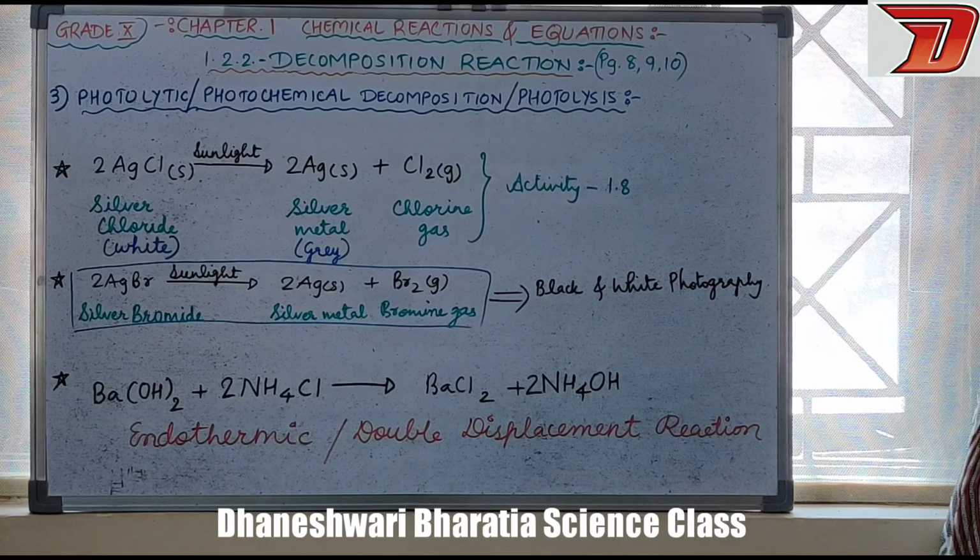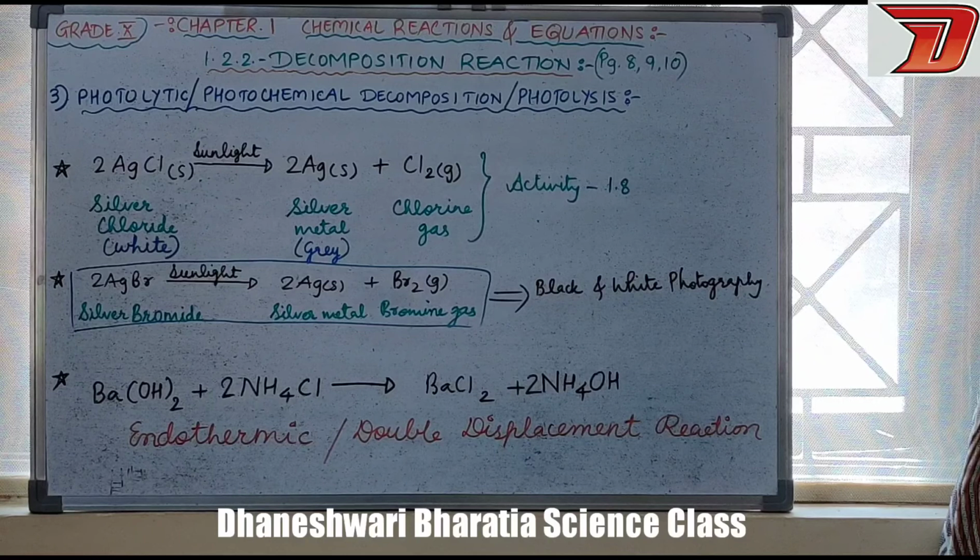So this is all about the three types of decomposition reaction we have seen. They are, yes, thermal decomposition in which external heat is used, right? Second is electrolysis where electricity is used, right? And the third is photolysis or photochemical or photolytic decomposition reaction where sunlight is used. Is this clear? So hope you will be able to write down the definition of endothermic reaction also, right? The reactions in which energy is absorbed are known as endothermic reactions. Am I clear to you?